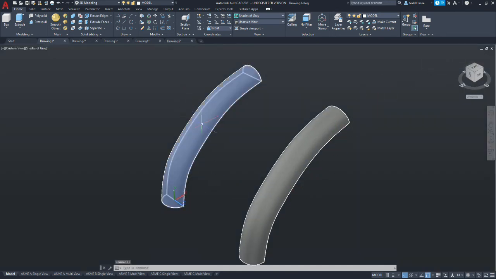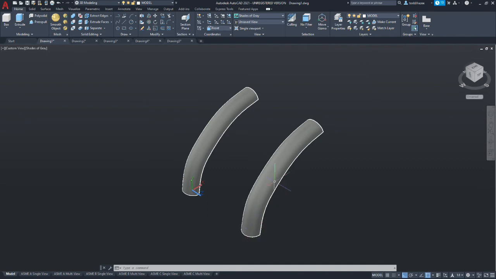Again, the example on the left is the default setting, which is yes. The example on the right is the option of alignment, no. That ends this demonstration to show how the alignment feature works with the sweep command.